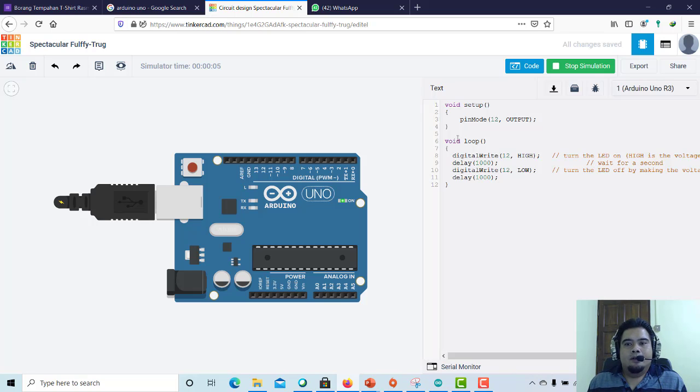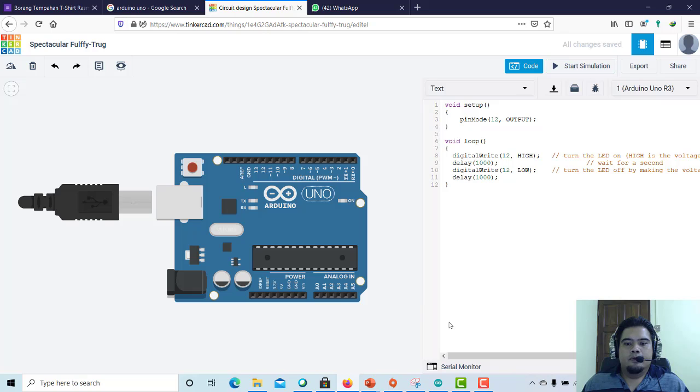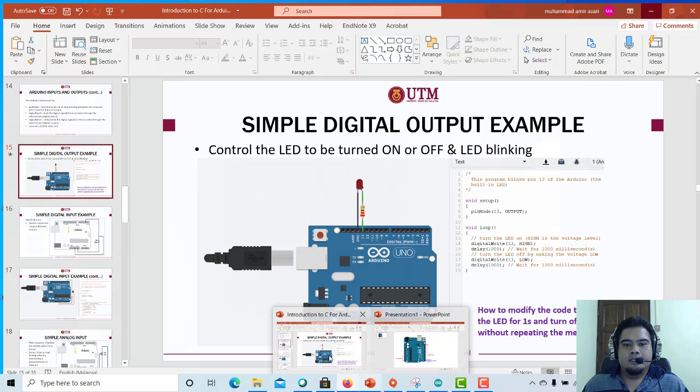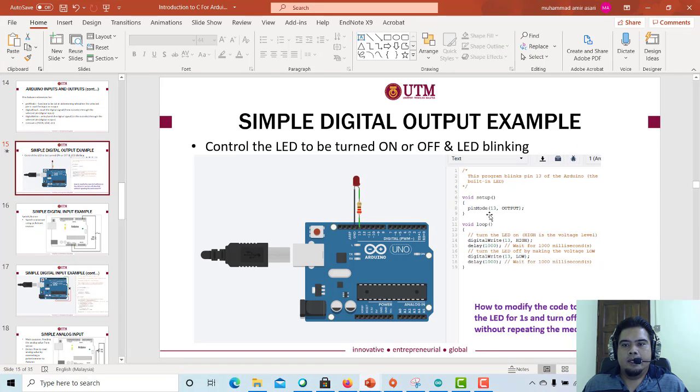Again, now the signal is operating at port number 12, which is not connected with this LED. This built-in LED inside this Arduino board is only connected with port number 13. So again, don't get confused when we discuss this next example, which is LED blinking. Now we are using LED 13, and again